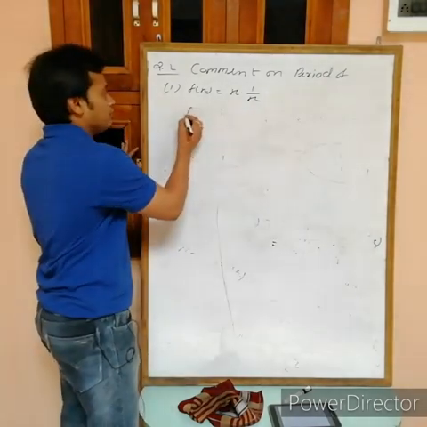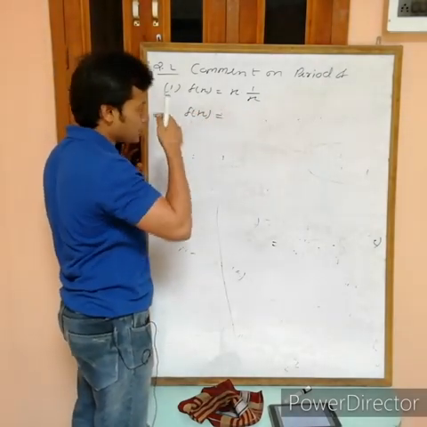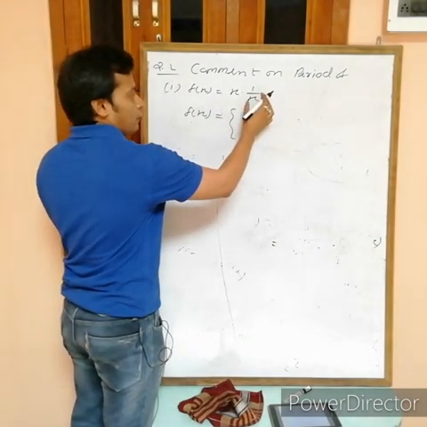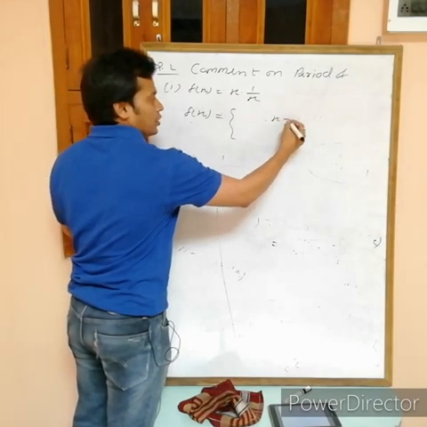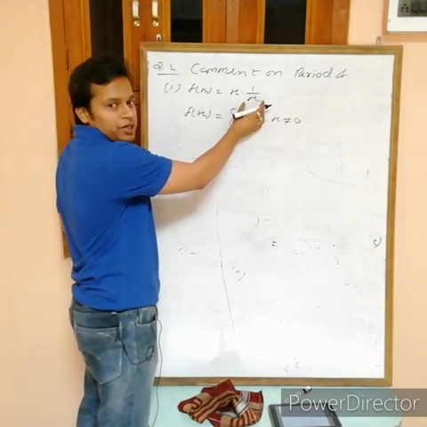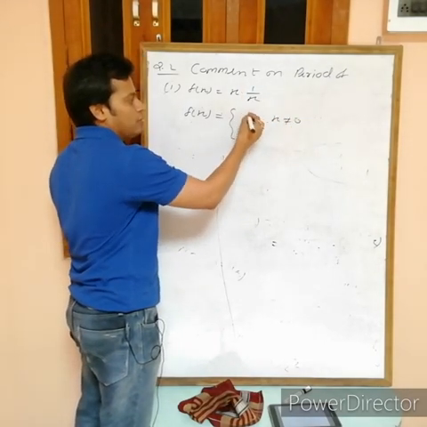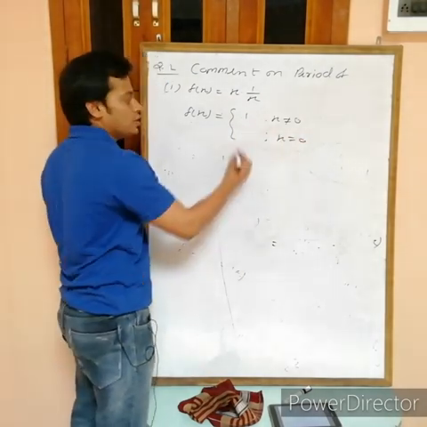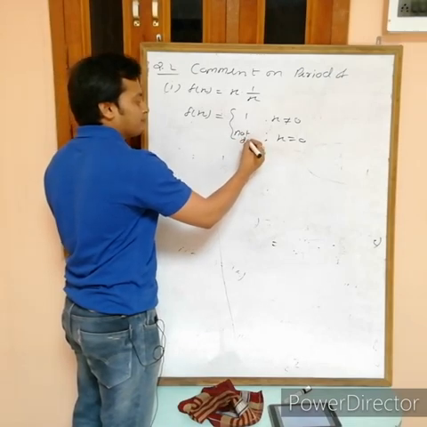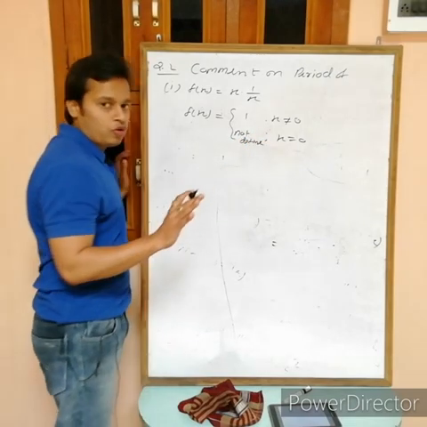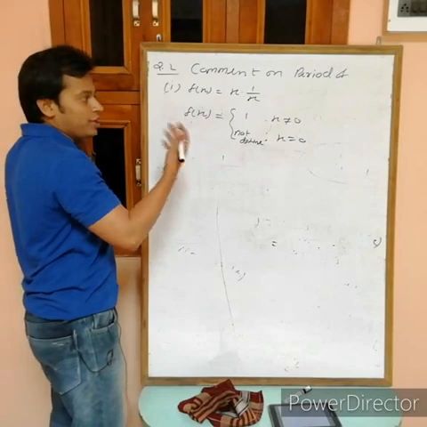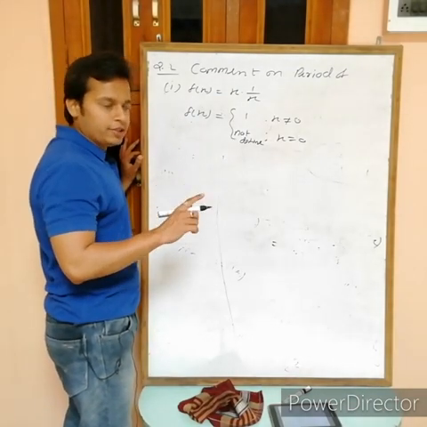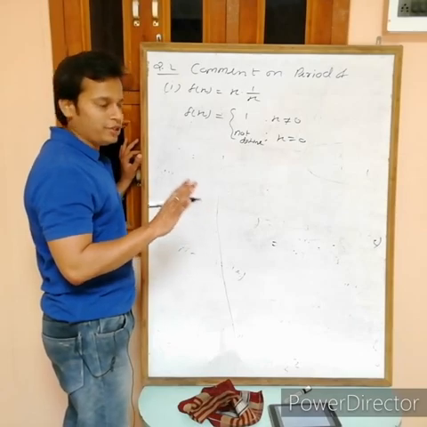So here f(x) is equal to, when x is not equal to 0, it means the denominator is not equal to 0, then no problem, it cancels out and this is equal to 1. And if x is equal to 0, then this one is not defined, it means no value. If you draw the graph of this one, we want to identify only one thing, whether this one is periodic or not. For that I am drawing the graph.